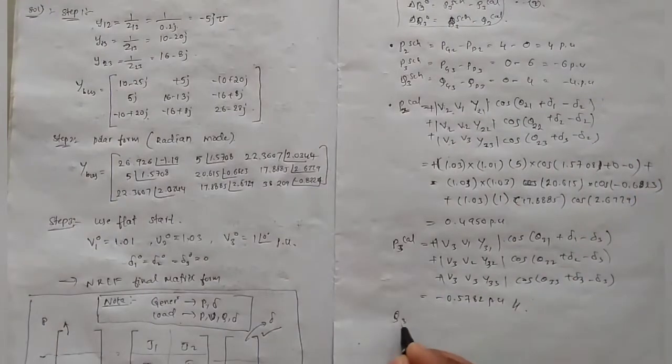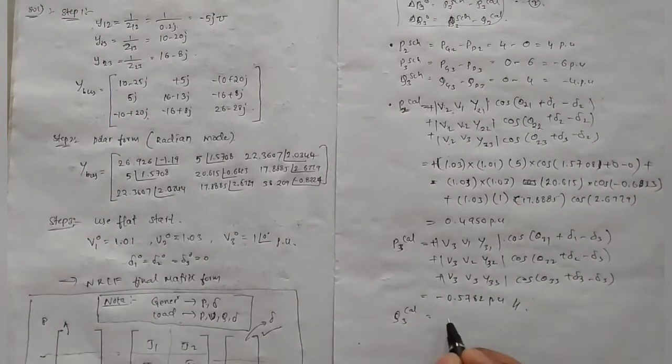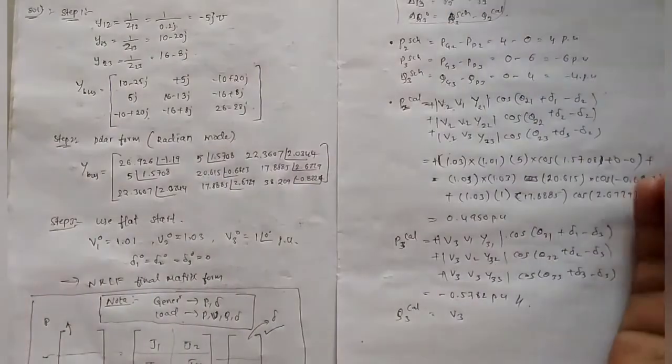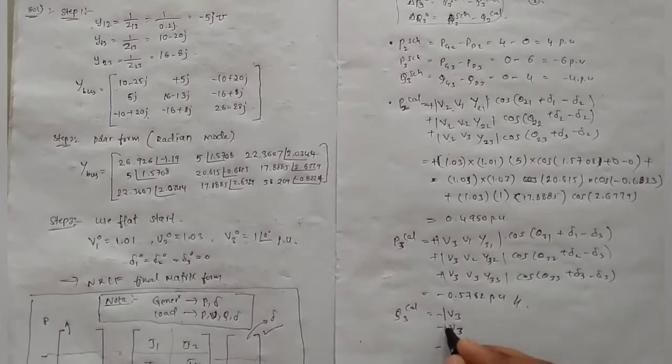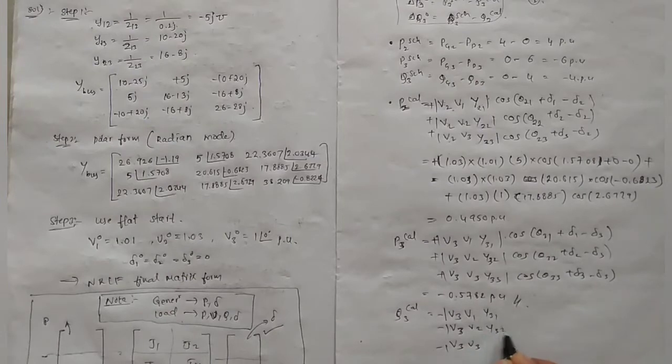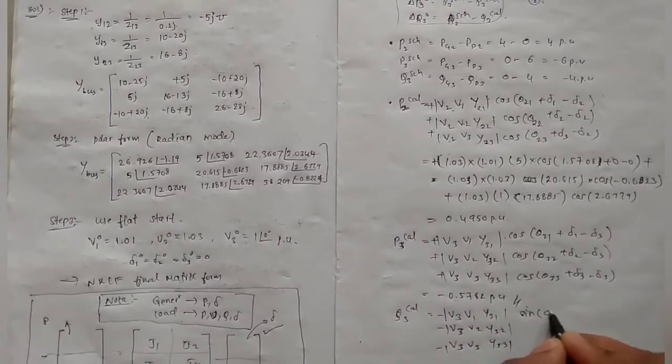And now for Q3 we are at the third bus, right? Similarly we have to write V3. For Q we will get negative values, magnitude, V3, V1, V2, V3 sequence, and the suffixes Y31, Y32, Y33, magnitude. For Q3 we will get sine, okay, sine, theta 31 suffix, it remains the same. Only sine and cos negative changes, remaining all are the same.